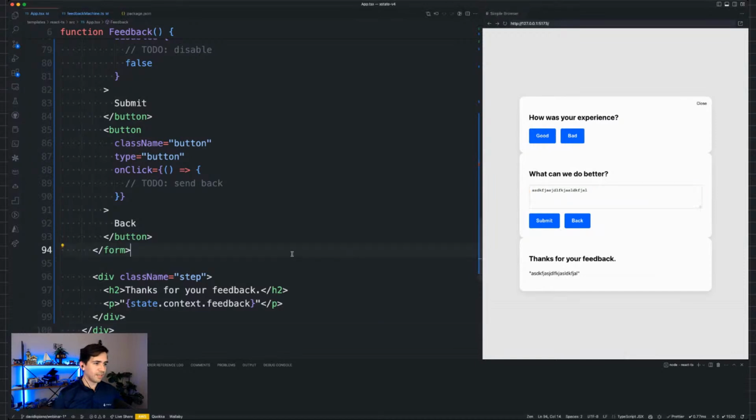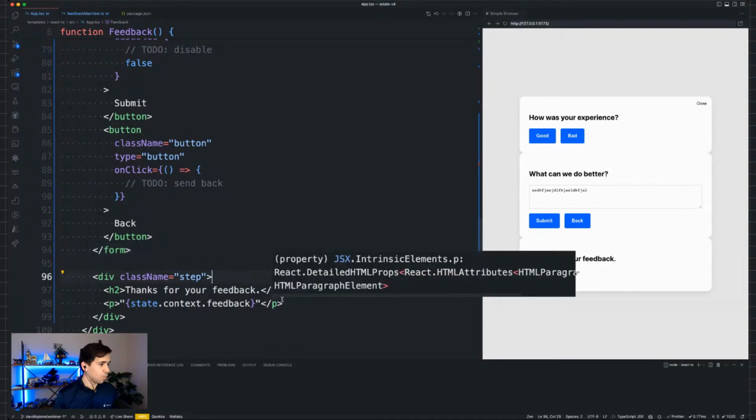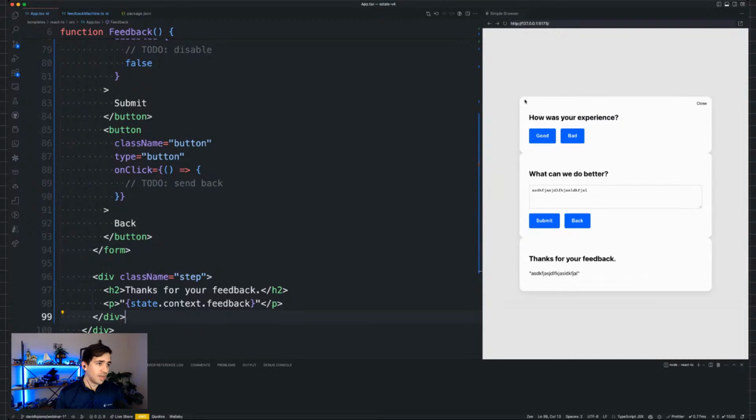You might be thinking, okay, this is something that I could have done with useState or even useReducer if I'm feeling fancy. Why do I need a full state machine for something like this? Well, the reason is because state machines allow you to do a lot more than just have a state container. And so for our feedback form, we are actually going to design a state machine that takes us through multiple